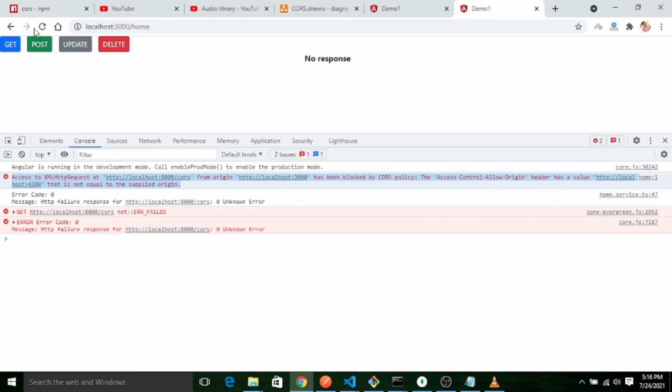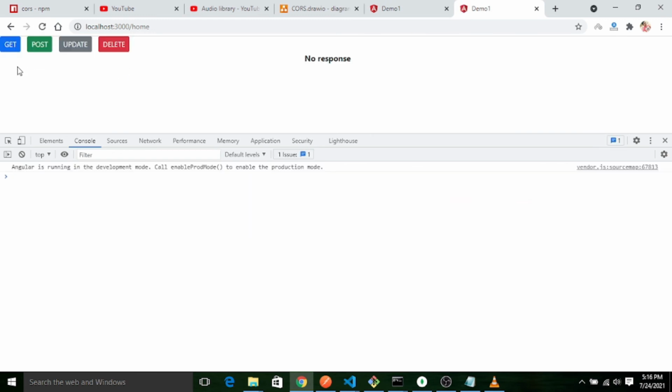Let me also refresh this one. See, enabled for get request. Now I allow 3000 also. Now the server can be accessed. I will click on post, and the response came for the post request. So the server is allowing both 3000 and 4200, but methods are limited. From both domains, both origins, people can only access the get and post requests.